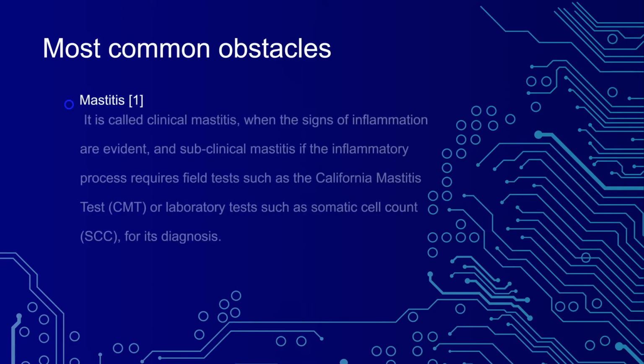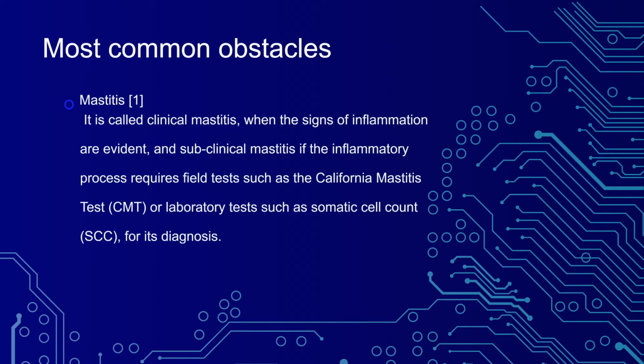Mastitis. There are two types of mastitis, clinical and subclinical. Clinical mastitis is when the signs of inflammation are evident, and subclinical mastitis is when the inflammatory process requires field tests such as CMT, or California mastitis test, or laboratory tests such as somatic cell count, SCC for short, in order